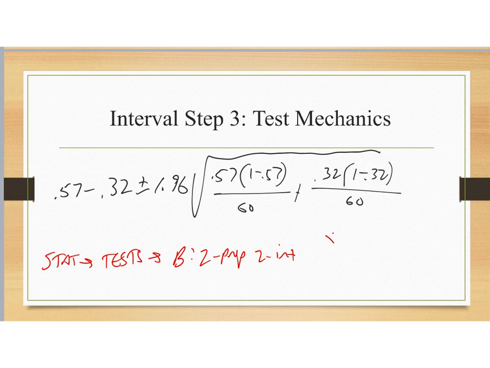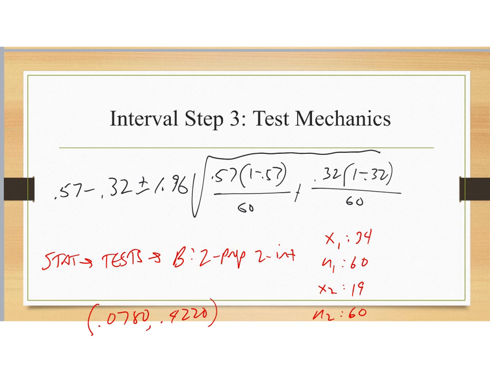And it's going to ask again for the fractions. And so the fractions here for the females, X1 is 34, N1 is 60. For the males, X2 is 19, and N2 is 60. And you just put in the fractions, so you don't put any decimals in except for the confidence level being 0.95. When you calculate that, it will give us an interval, a final interval of about 0.0780 to